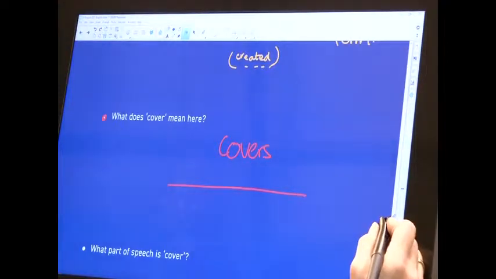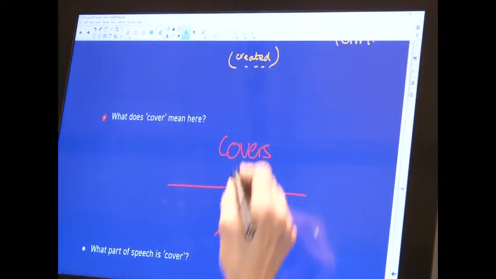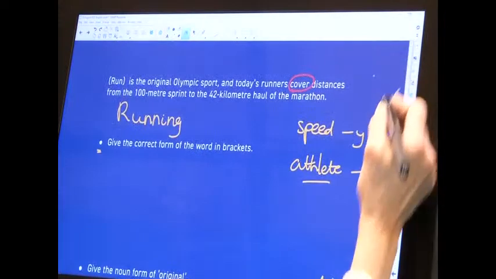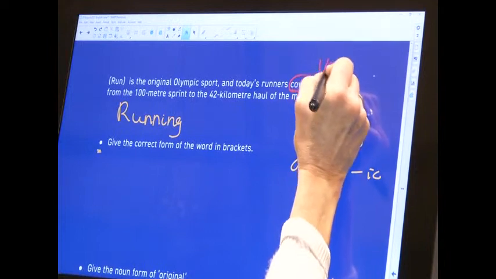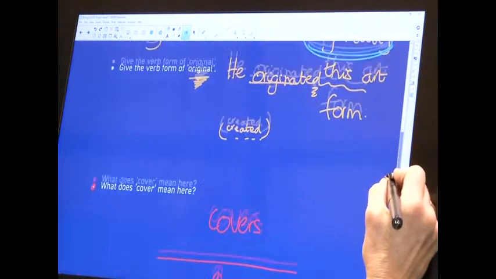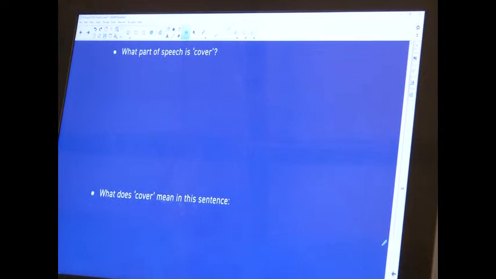So what part of speech is cover? If I'm talking about an athlete, there he is, and I say he covers that distance. Go back to our original sentence. Today's runners cover distances. What part of speech? This is, once again, your verb. It is your finite verb. So let's write another sentence. Let's put in cover